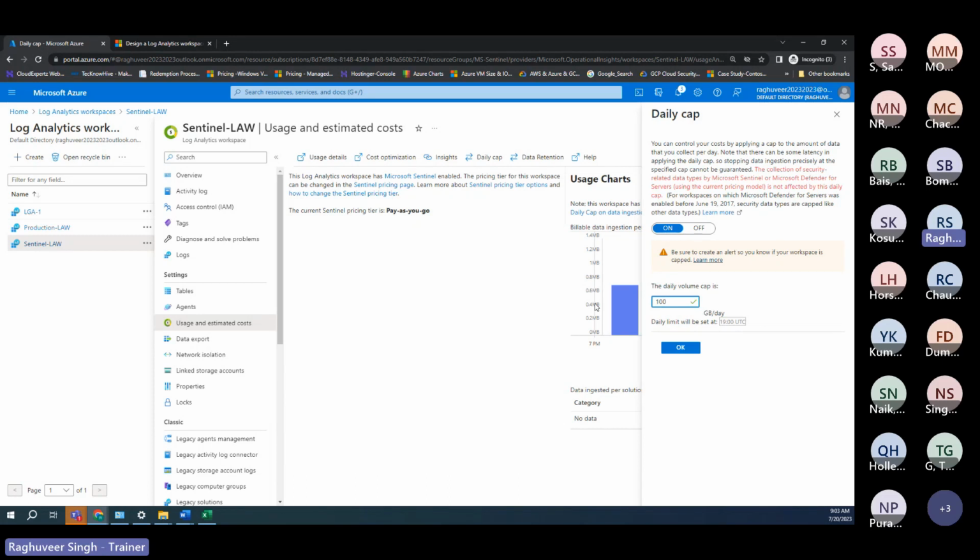But this has a drawback. The drawback is, what if for a specific day there is more data, say 101 GB of data? What will happen to that 1 GB of data? That 1 GB of data will be discarded. It will not come into this workspace, because data comes in near real time. It is not that the agent, the Log Analytics agent or Azure Monitor agent, has its internal memory in which it will store the data